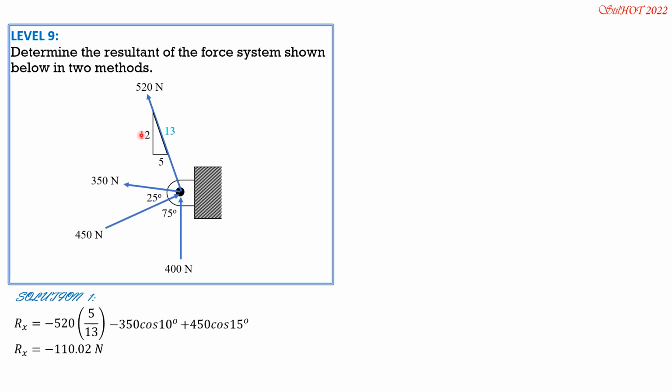Ry is 520 positive, 520 times 12 over 13, y component of distance divided by distance. 350 is positive, it is pointing upward. Remember, its angle with the horizontal is 10, so plus 350 sine of 10. 450 is upward also, making an angle of 15 degrees, so 450 sine of 15 degrees. And of course, 400 is upward, plus 400. So calculating, Ry is